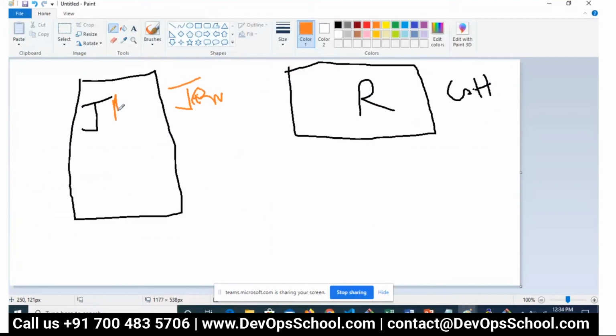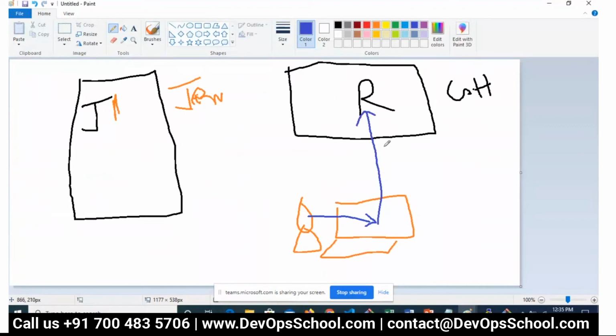Now this is me, I'm a developer, and this is my laptop. Now what happens? I did a modification in the code here, and after that I committed in the local repository and then pushed it. So the push has happened here in GitHub.